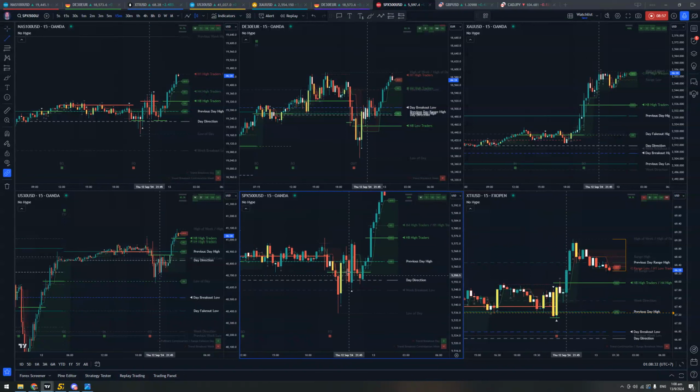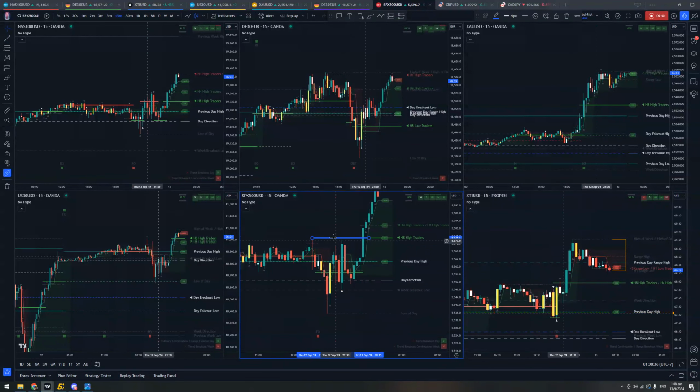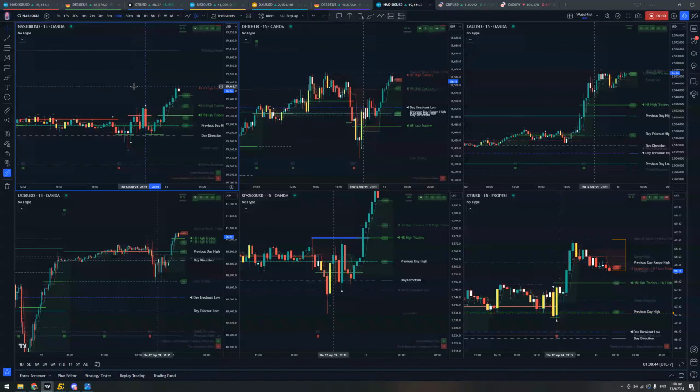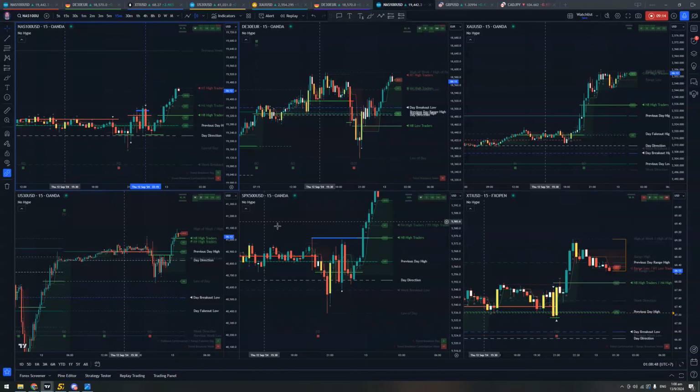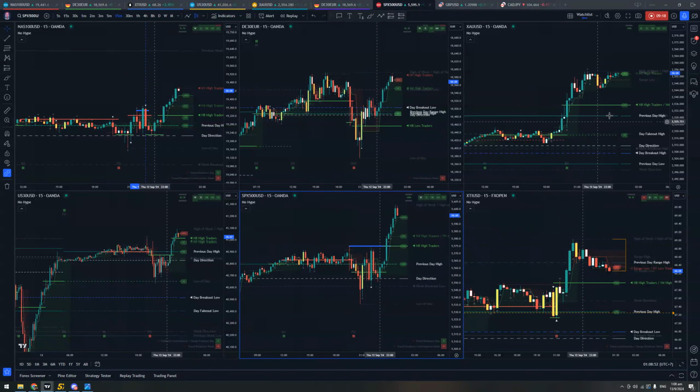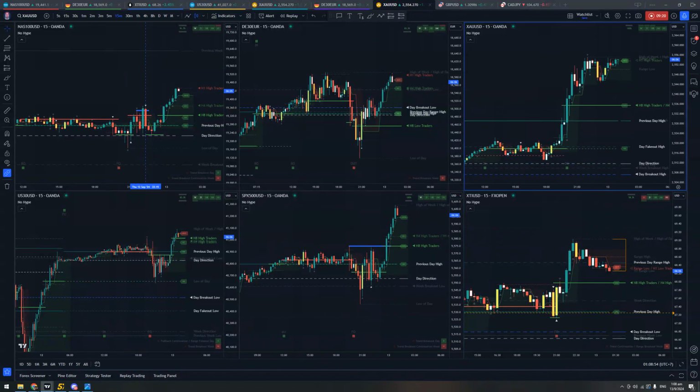Initially, I liked SPX better, but it did not close above the high of the day. So I was not interested in that one. Well, at this time, this bar right here, it closed above the previous high and made a new high. And that's why I like NAS better. And that is it. Gold, I liked gold actually.